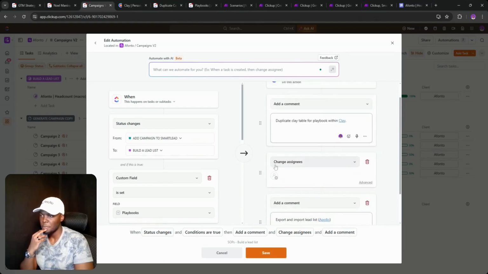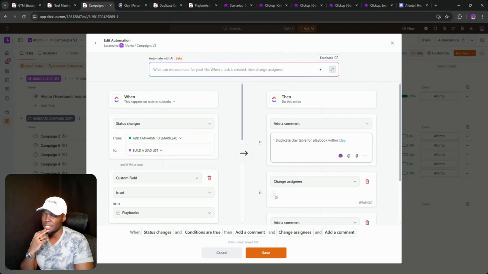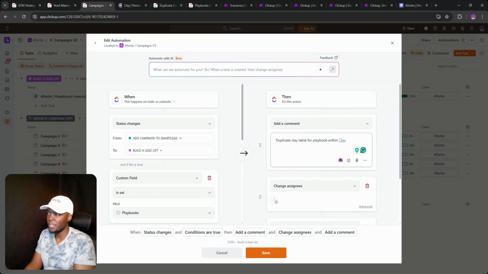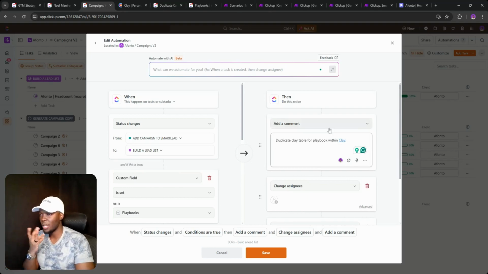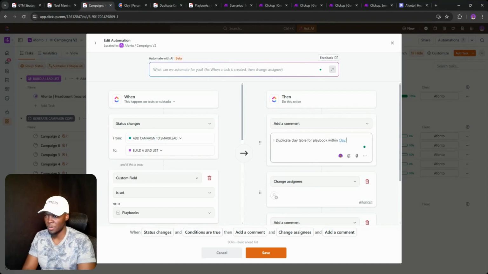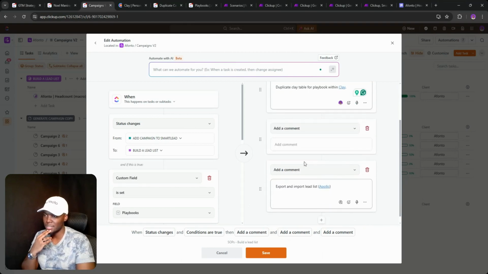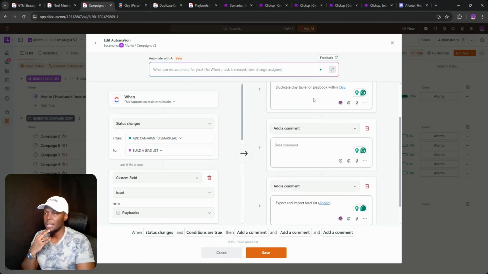And by the way, for me it's as simple as having a one line like this, but if you have a team, you can embed a video, like a Loom video that you create showing how these SOPs are supposed to work. And me personally, I prefer to use assigned comments, but I know some people prefer subtasks or checklists. I just prefer this. So assigned comment, another thing that we need to do is we need to